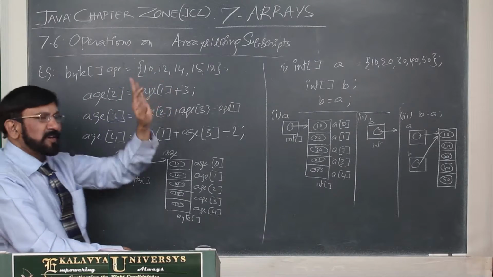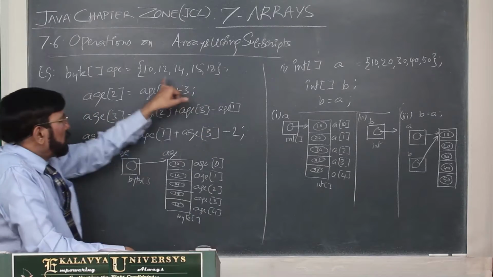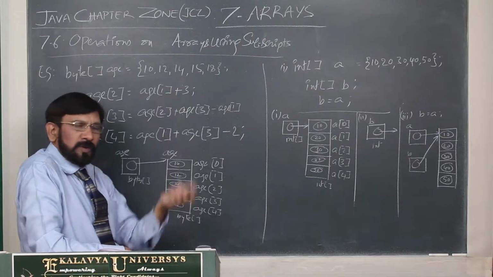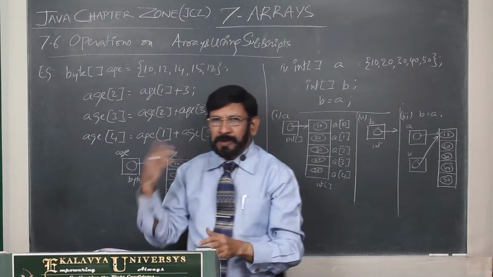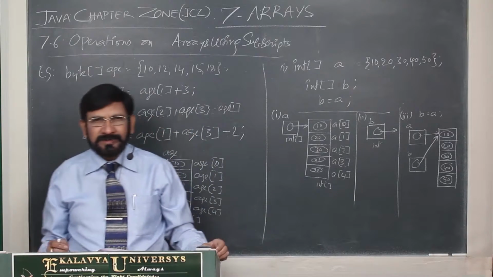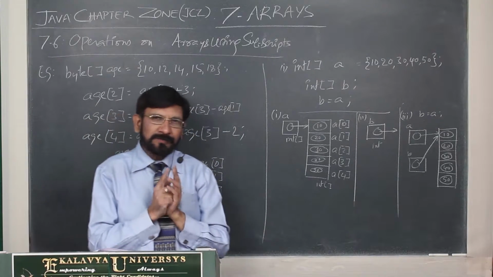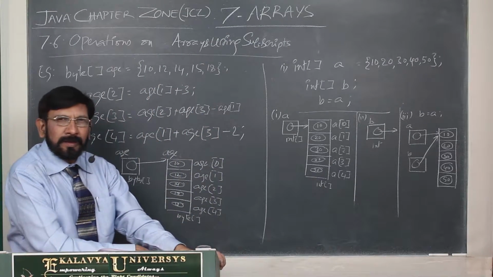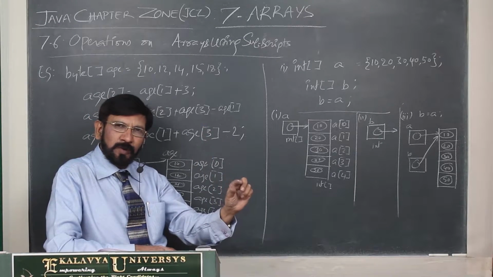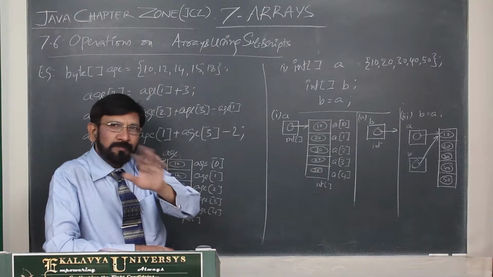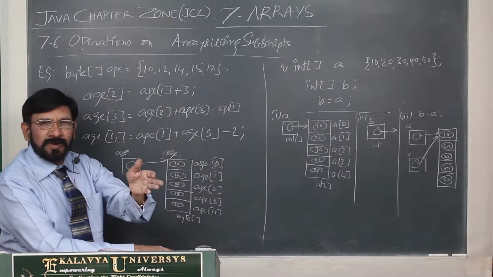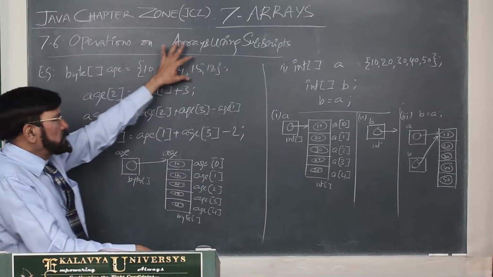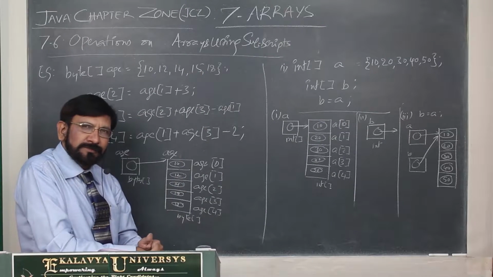But the elements are not immutable. Here 5 elements are there. If you want to change one or more elements, replacing them with other values, you can do that, it is allowed. That difference I explained. As far as an array is concerned, the size is immutable but the elements are not immutable. In case of a string, the size is immutable and the contents are also immutable. You cannot change its size as well as you cannot change its contents. Remember that point. Here, if you want to change the values of the elements, then you can change.